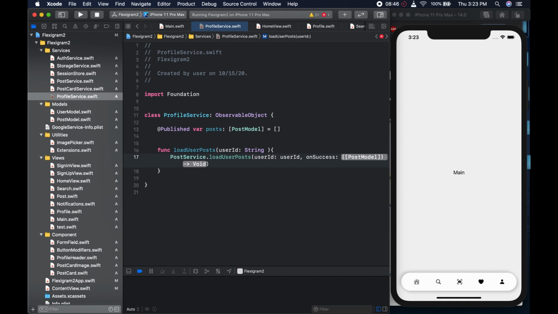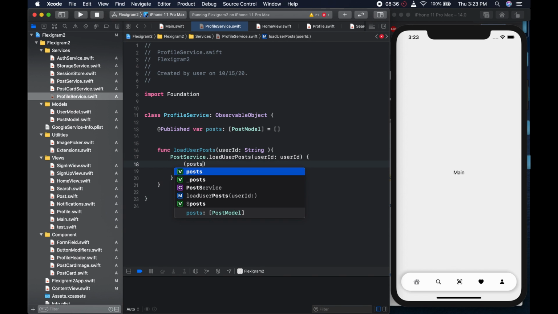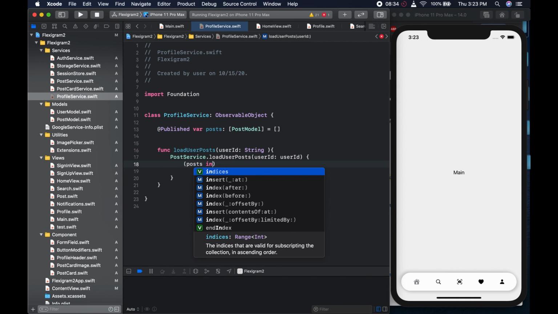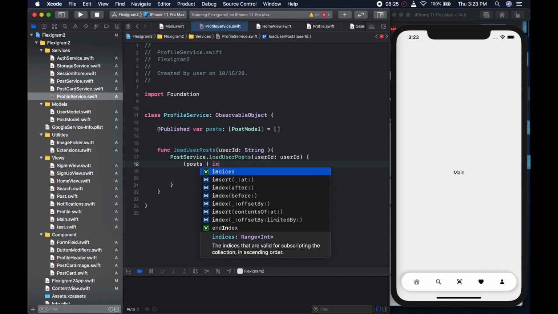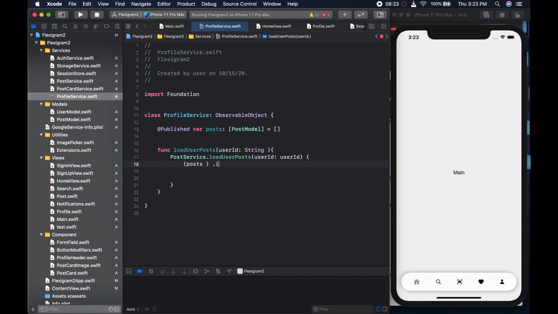We're just going to close it off and come here, get rid of this code, and we could say our closure is going to be posts in, not in, this says in. We could say in, okay,